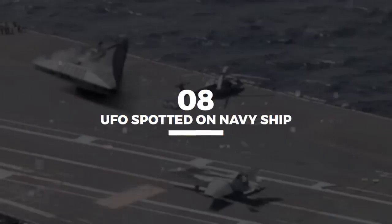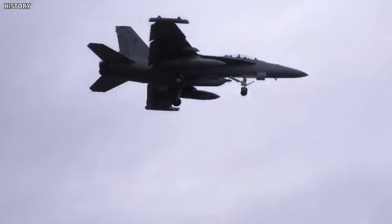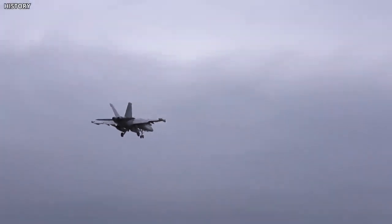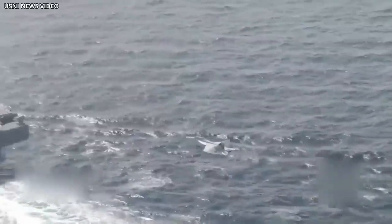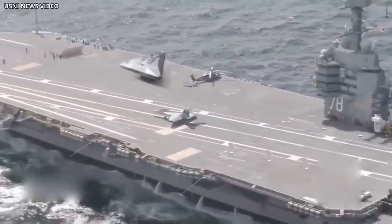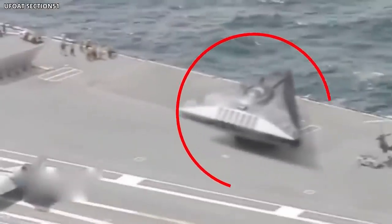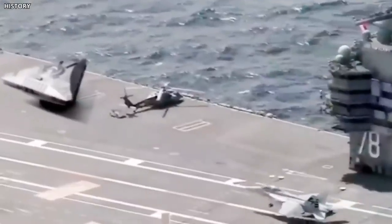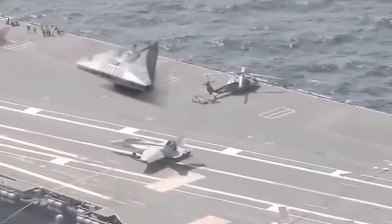Number 8. UFO spotted on Navy ship. This footage was captured by a fighter jet circling the Mediterranean Sea about to land on aircraft carrier USS Ford. The footage goes all smooth till the aircraft lands on the carrier and speeds past a weird object on the ship. Parked on the aircraft's side is a triangular-shaped aircraft that looks like it came right from Star Trek. It does not have any similarity with the fighter jet that landed past it, along with other aircraft made by